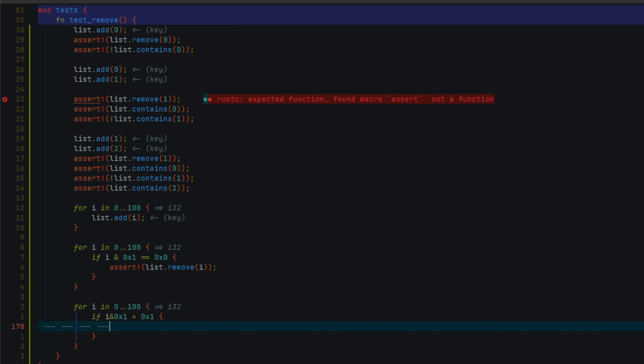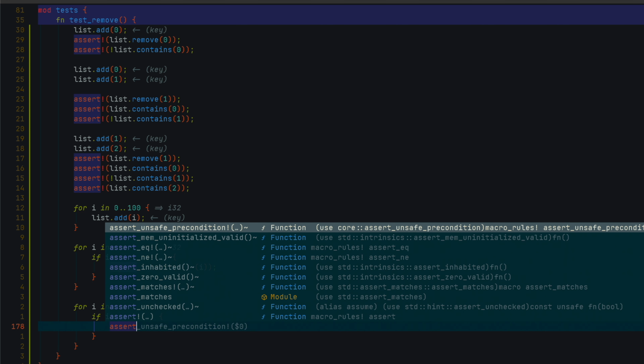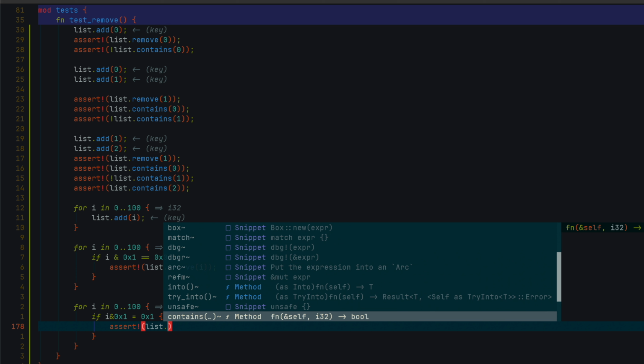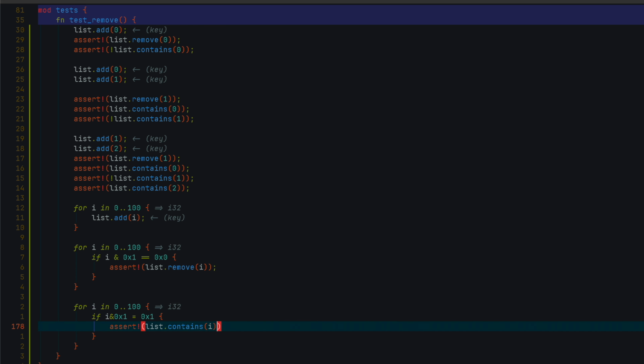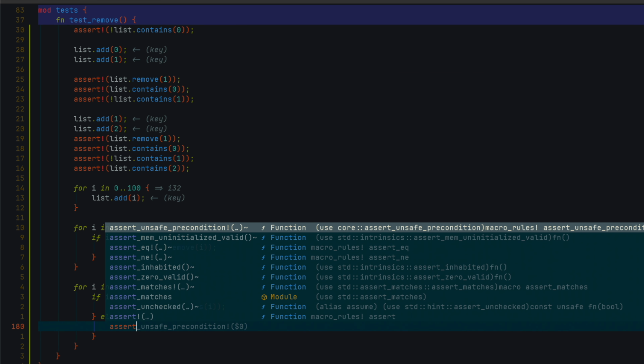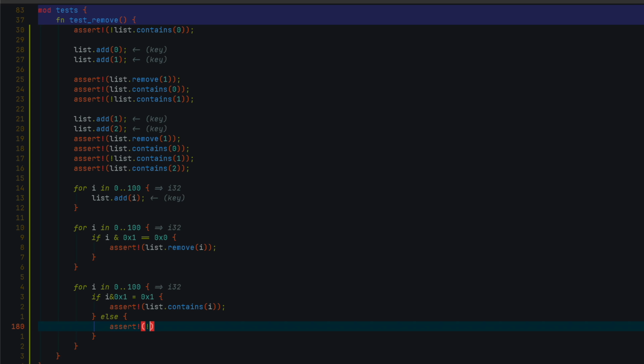Anyway, we should assert that the odd numbers are still there. And the even numbers must be gone. Okay. And this is supposed to be equals